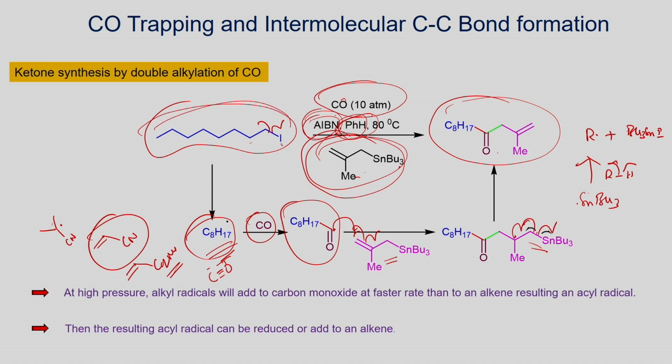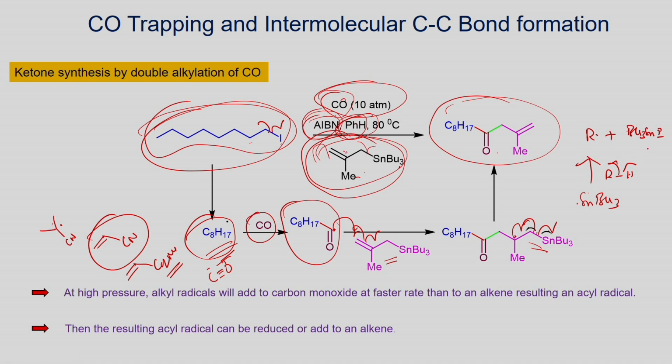So, if you have the alkyl halide, you can do the carbonylation as shown here, and it can undergo addition reaction with carbon monoxide and you get the carbonyl radical. Once you have the carbonyl radical, it can readily undergo reaction with this alkene, and you form the tertiary radical which can lead to homolytic cleavage of the carbon tin bond, which is a very weak bond which can undergo cleavage.